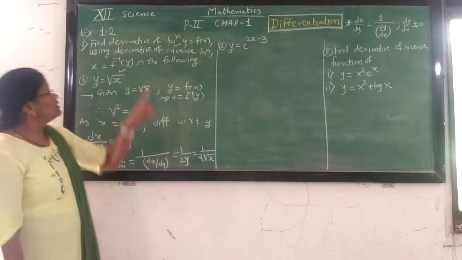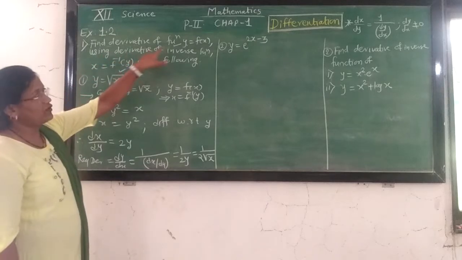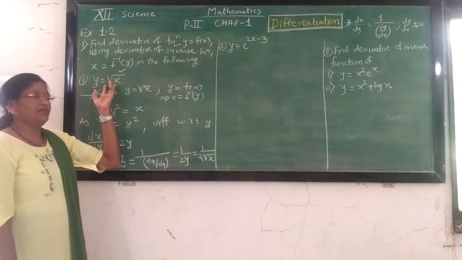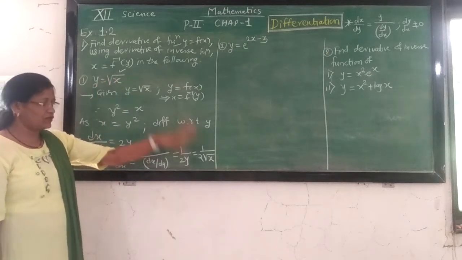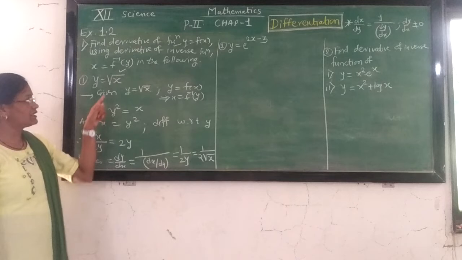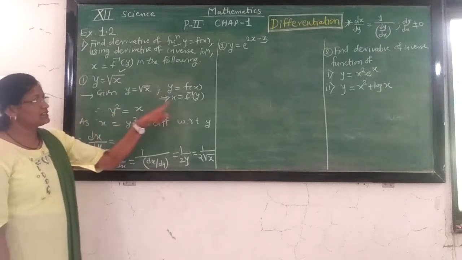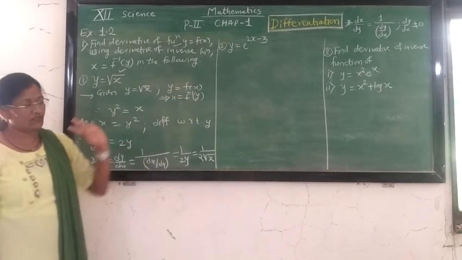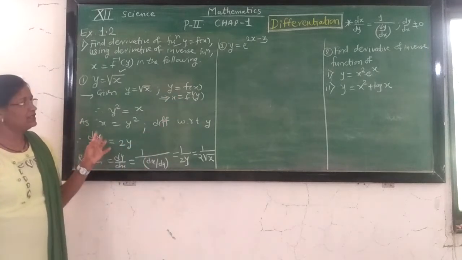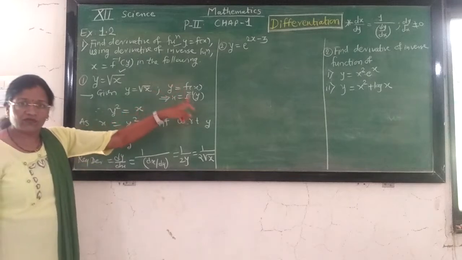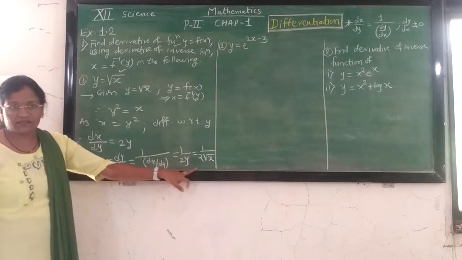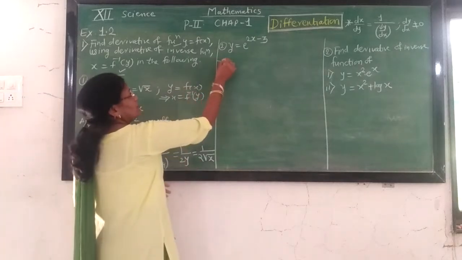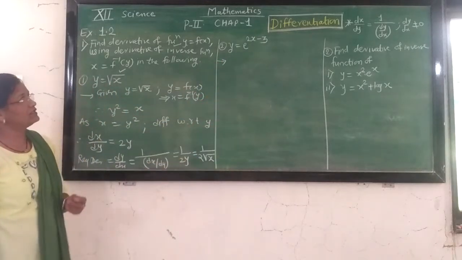But here our work is to find it by using the derivative of the inverse function. If this question is asked in the question paper, you can answer directly: the derivative of y equal to root x is 1 upon 2 root x. But by step or method, we first write its inverse. Its inverse gives the value of x in terms of y, and then differentiation of x in terms of y. Here we cannot write the direct answer because each and every step is important to find the inverse of the function. Now similarly we solve one more example on this topic.